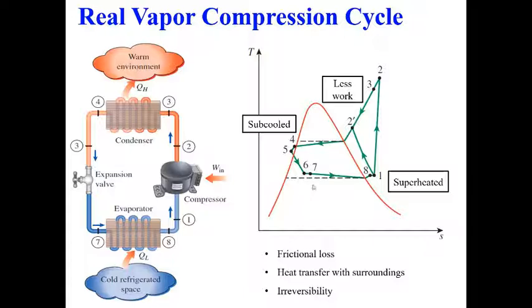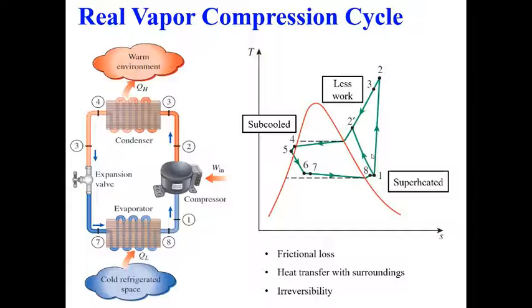So let us look at the TS plot. One important point is that for the ideal cycle we will want the refrigerant to be at saturated liquid at this stage, but it gets subcooled because of losses. Again, ideally we will want this to be a saturated vapor, but that is very difficult. It is very difficult to precisely land at this point. So basically it is left at superheated stage, which is different from the ideal cycle.